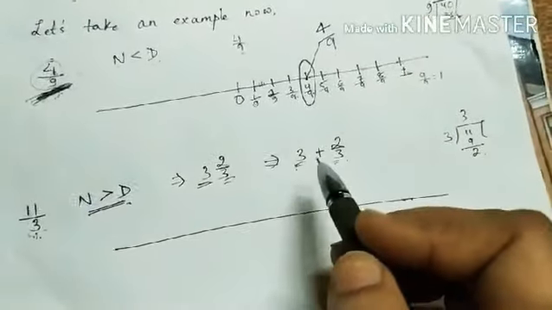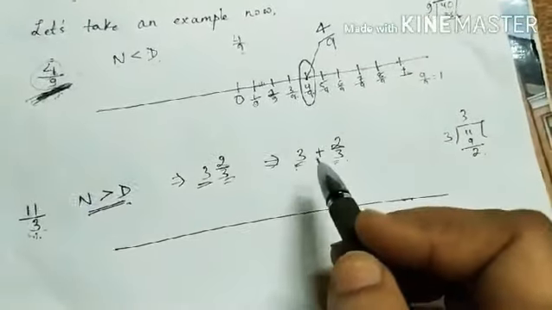So how are we going to represent it? Since it is a positive rational number, we'll take the positive side. This is 1, this is 2, this is your 3, and this is your 4. So we have divided our number line like this, and here it will be -1, -2, and so on, likewise. So what we have to look for is the denominator part, the fractional part.